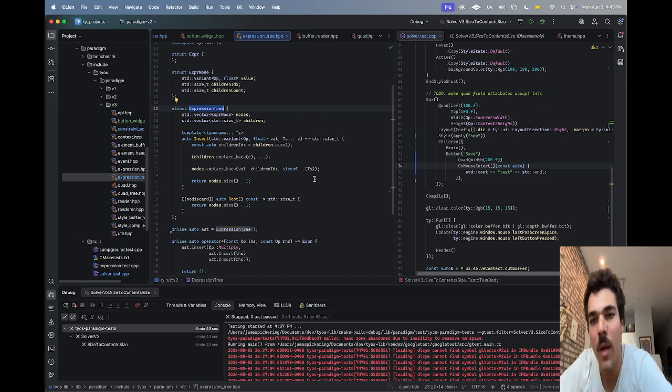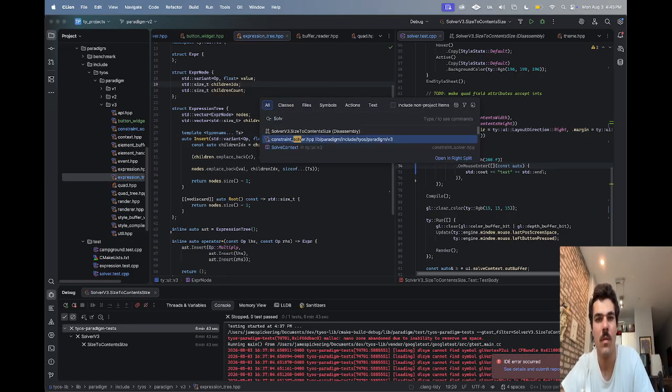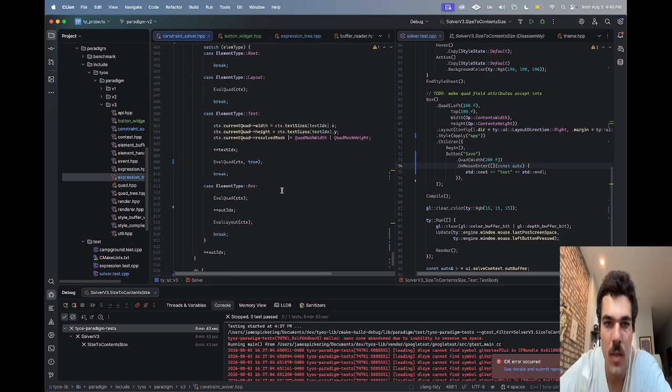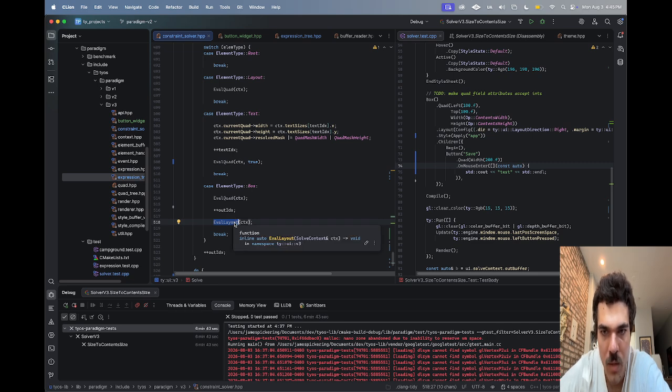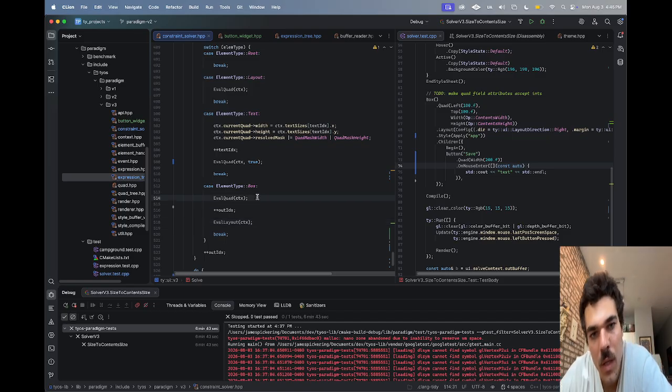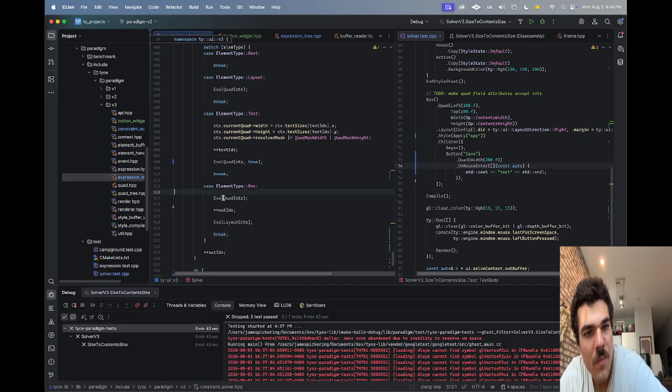Okay, so let's think about this. Let's go back to solve. So in constraint solver, we have solve, and we say, let's look at box. So we expect a quad, and then we expect a layout, right? And then we expect another element. What we really could do here